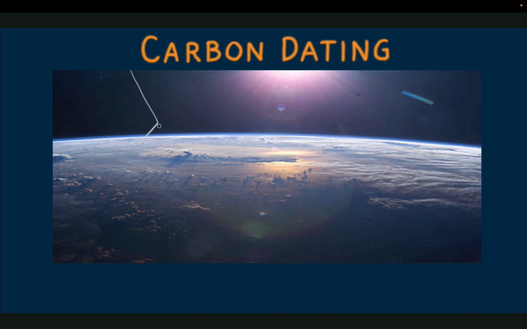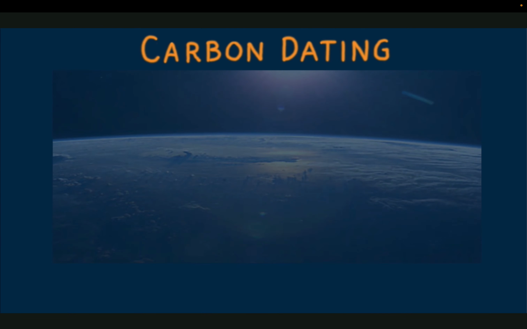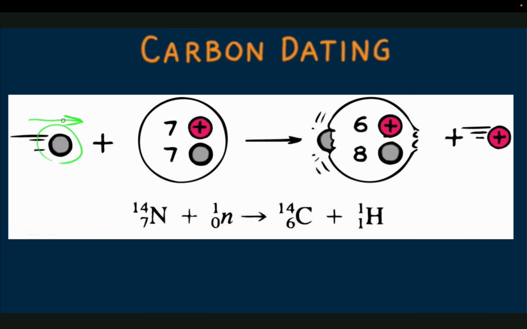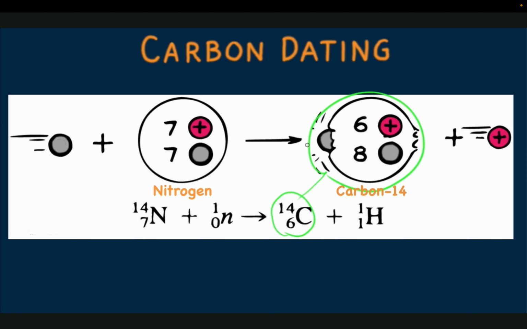But many of the neutrons produced collide with and are captured by atoms in the denser lower atmosphere. One such reaction is a neutron colliding with a nitrogen nucleus. We see that in a typical reaction, a nitrogen capturing a neutron emits a proton to become the nucleus of a carbon isotope, carbon-14. This carbon-14 isotope, which makes up about 1/1,000,000th of the carbon in the atmosphere, has 8